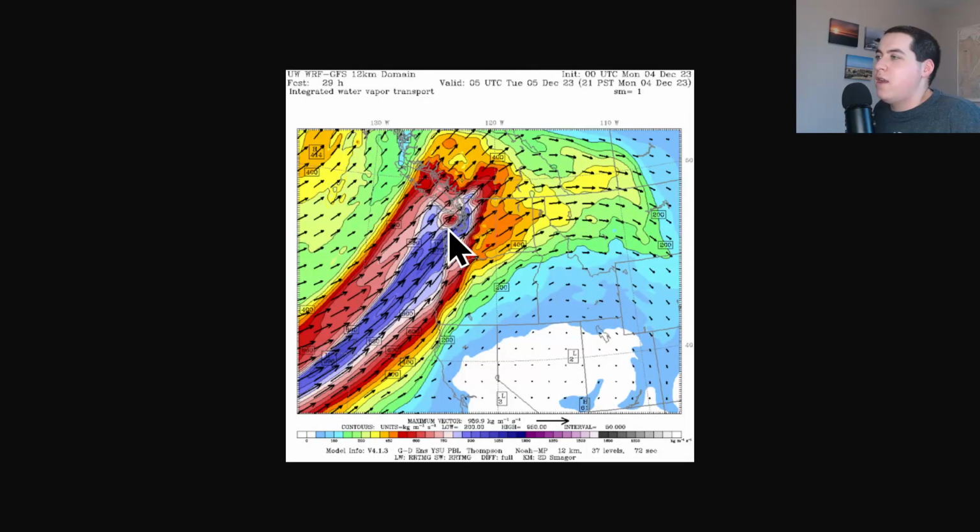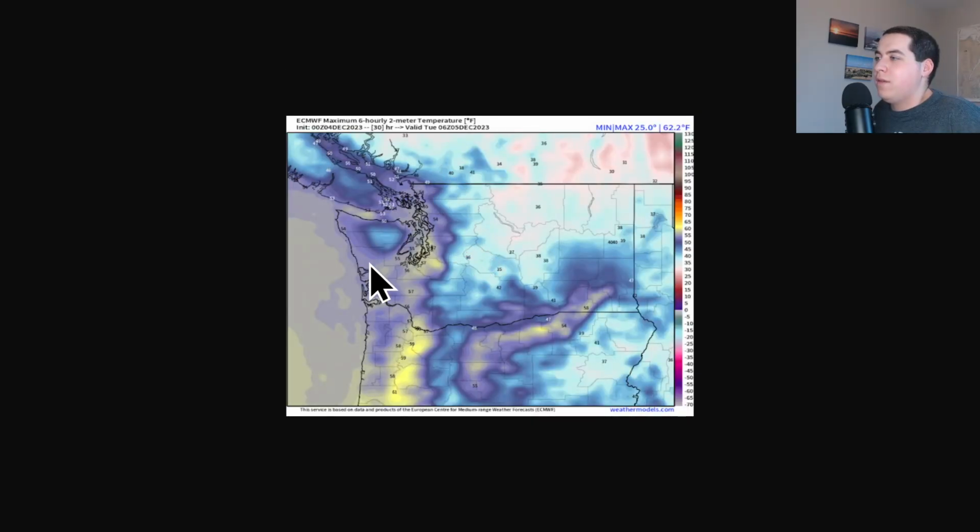And then this is just another of those images here. You can see how that atmospheric river with that high area of water vapor is impacting right into the Pacific Northwest there. Usually it's these areas with the absolute highest amount of water vapor that get the biggest rain. You can see how it slams into the Olympics and the Cascades. And you can see another part of the atmospheric river is that it does bring some pretty warm temperatures.